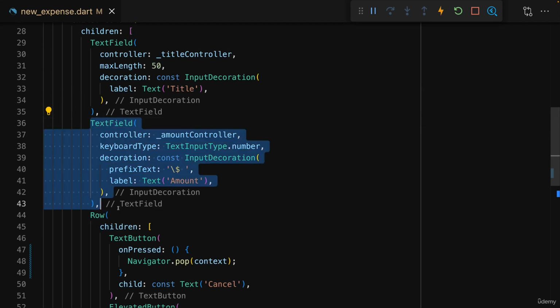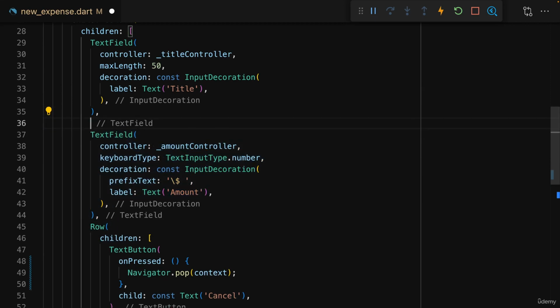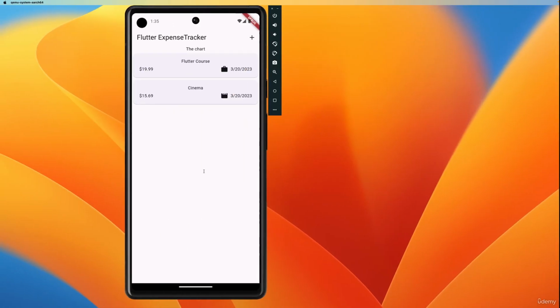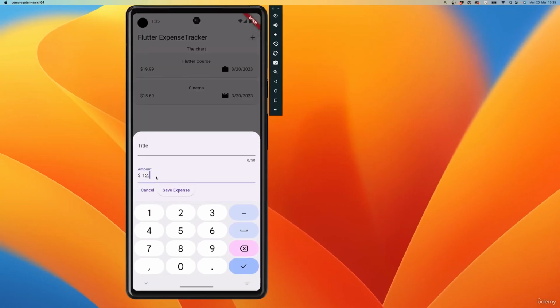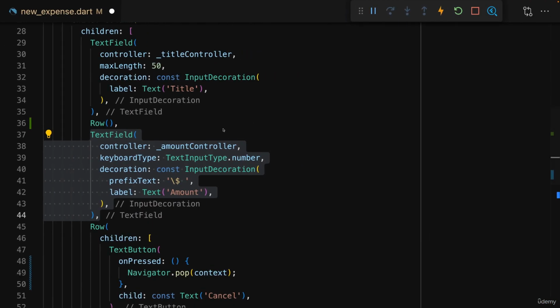So it's time to add a date input, so to say. And for that, I'll add a row widget here below this first text field, because this amount text field actually doesn't need an entire row. The amount is typically pretty short. We don't need to use the entire row here. Instead, I want to use a part of that row, and the other part should be used by the date